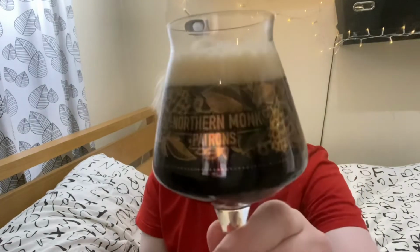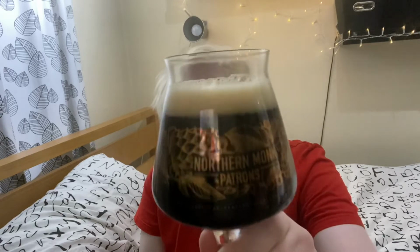And when Northern Monk do use culinary ingredients in their beers, I think they do it really well. Whether it be some of their more gimmicky side of things, like the Seabrooks collaboration, and of course the Aunt Bessie's stuff, which now you can get, basically a raspberry strawberry pale ale or something like that, in a 4-pack in supermarkets now. But they do those sorts of beers really well, and I think the experimental nature, I mean,